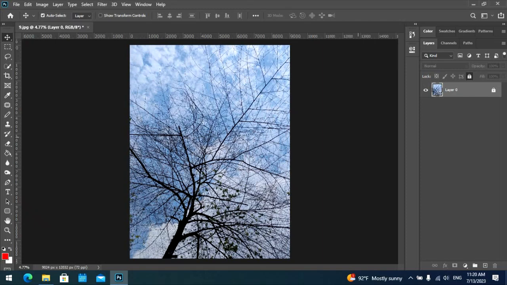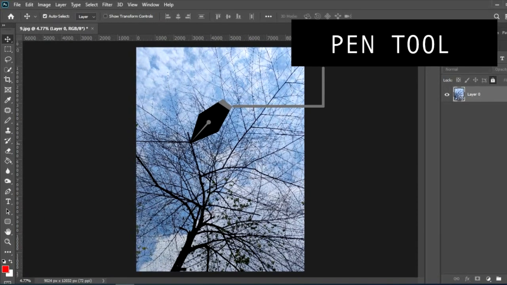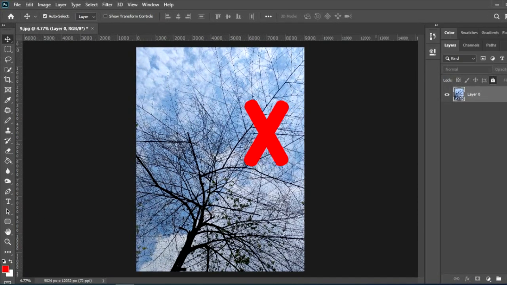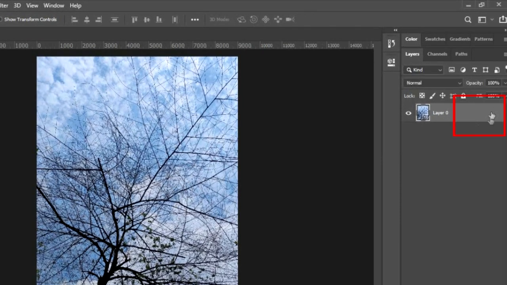This is the wrong way that you use the pen tool to selection and remove the background. Back to my example. So first you need to unlock your layer and then click on layers and say I